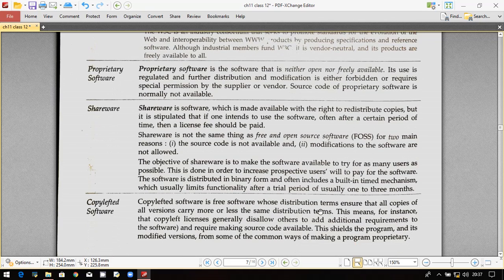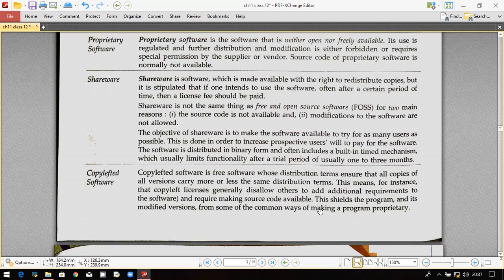Now next is copylefted software. Copylefted software is free software whose distribution terms ensure that all copies of all versions carry more or less the same distribution terms. So what is mentioned here is, first, that copylefted software is free software. Next, its distribution terms ensure that all copies of all versions